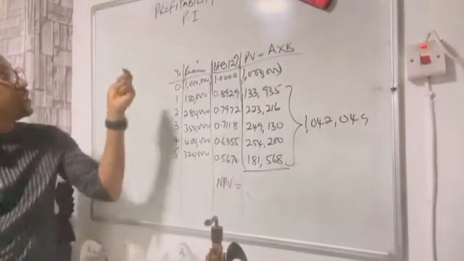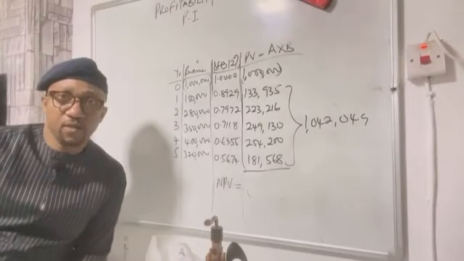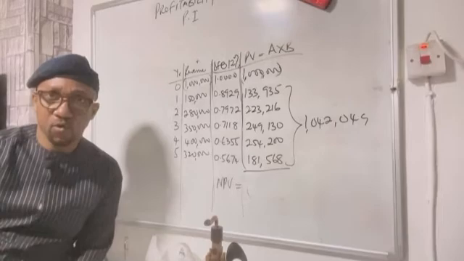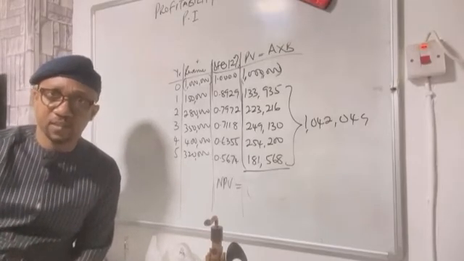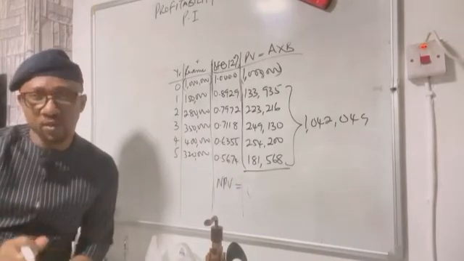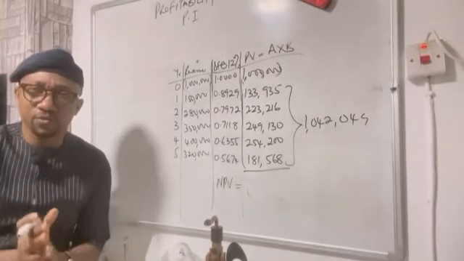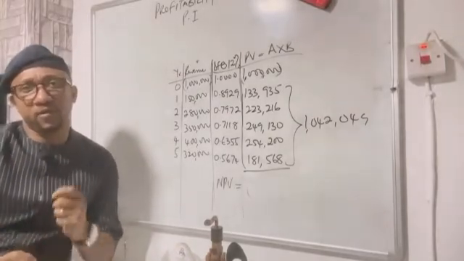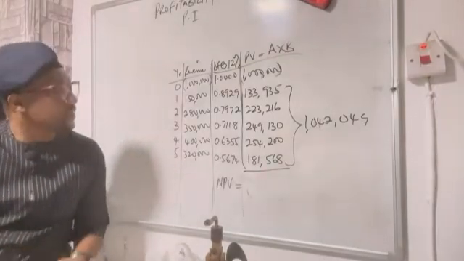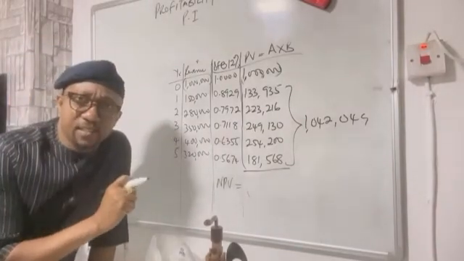The fourth technique is the profitability index. Profitability index is the fourth technique, which is also called the value investment ratio or the profit investment ratio, because it shows the ratio of the relationship between the revenue and the cost. And it is calculated, the steps are taken exactly the same